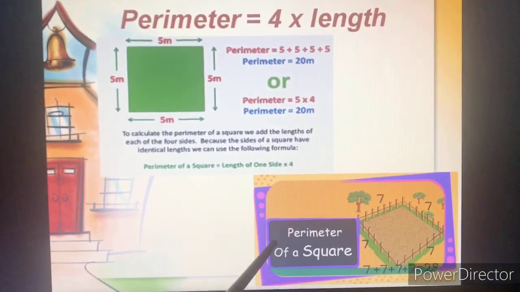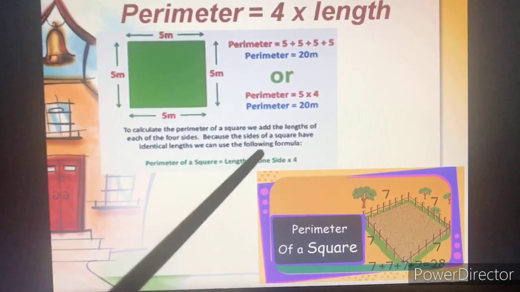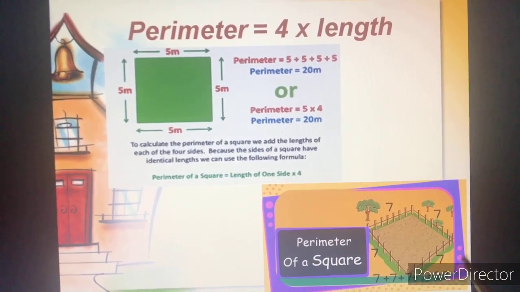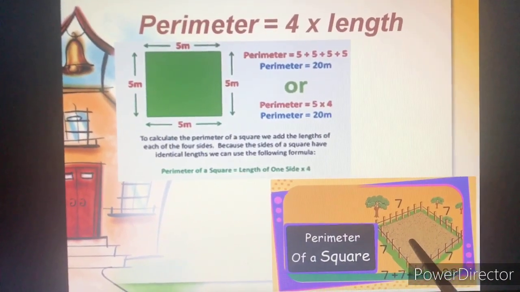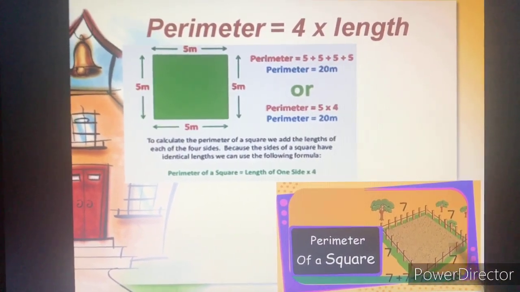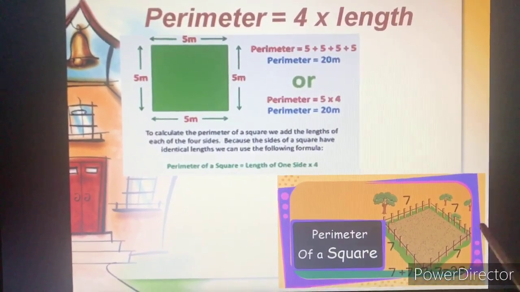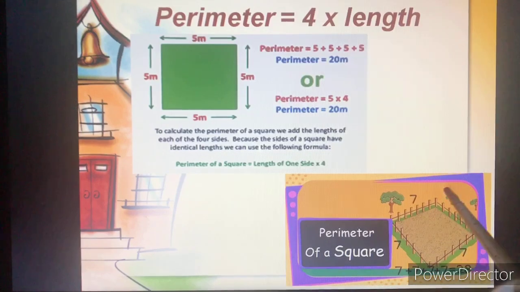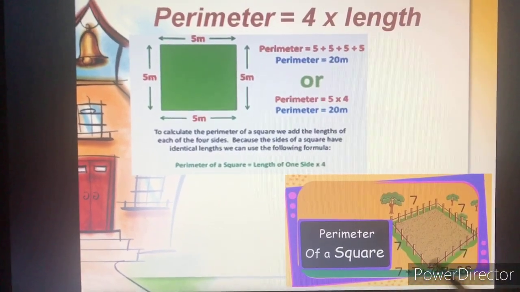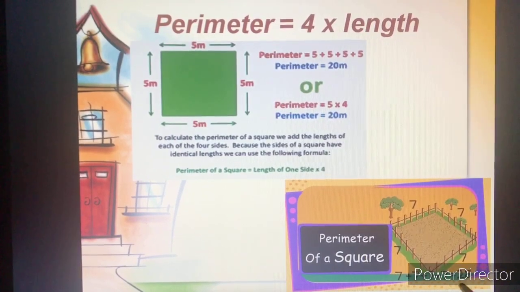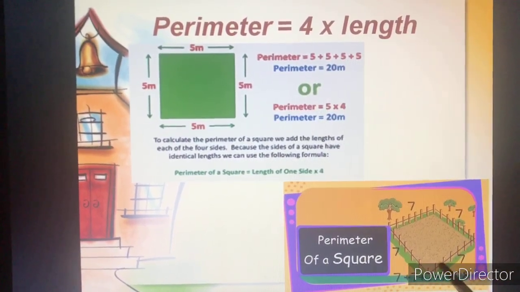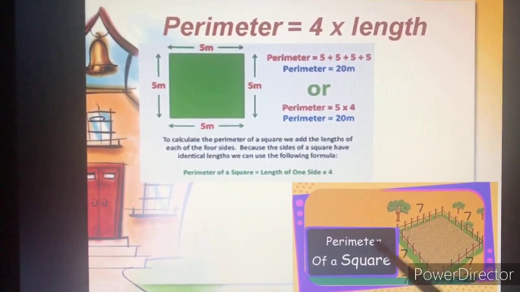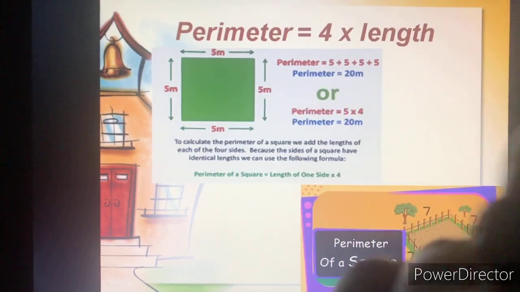Okay. Now have a look here. It's an example to make you understand. See this, it's a field, and the fence is of a square shape. You can see all the sides are equal, 7, 7, 7, 7. So perimeter is the boundary, the distance of this boundary will be the perimeter. So 7 plus 7 plus 7 plus 7 is equal to 28, or if I simply do 7 multiplied by 4, it will be 28. So that's how I can calculate the perimeter of a square with the help of this formula very easily.